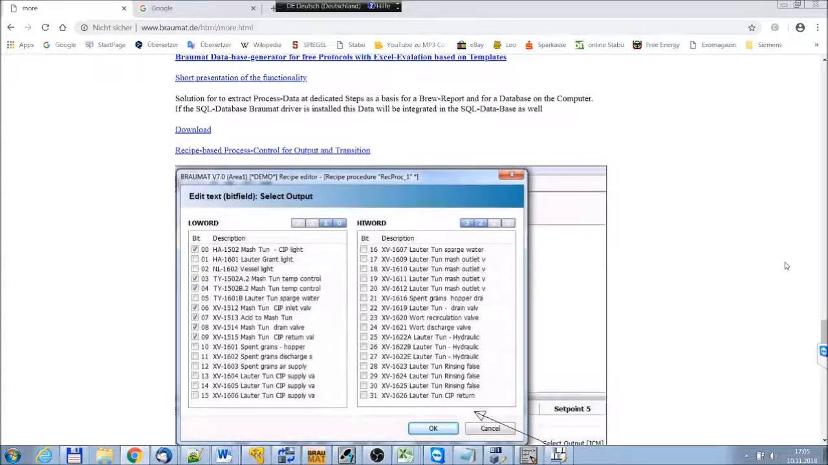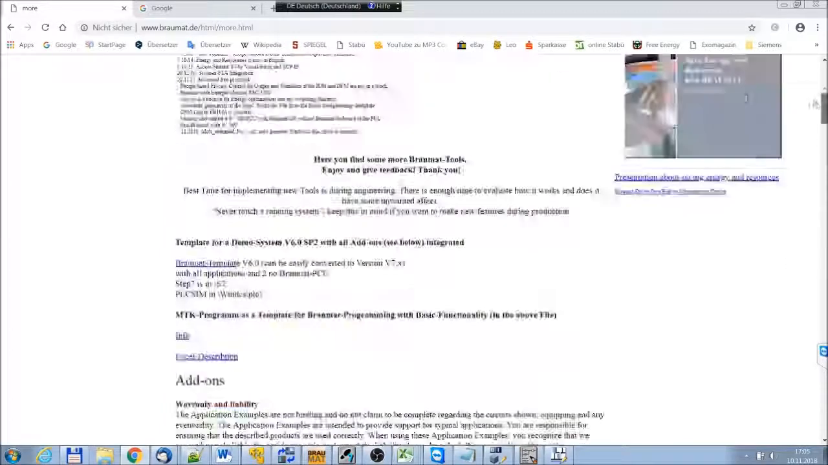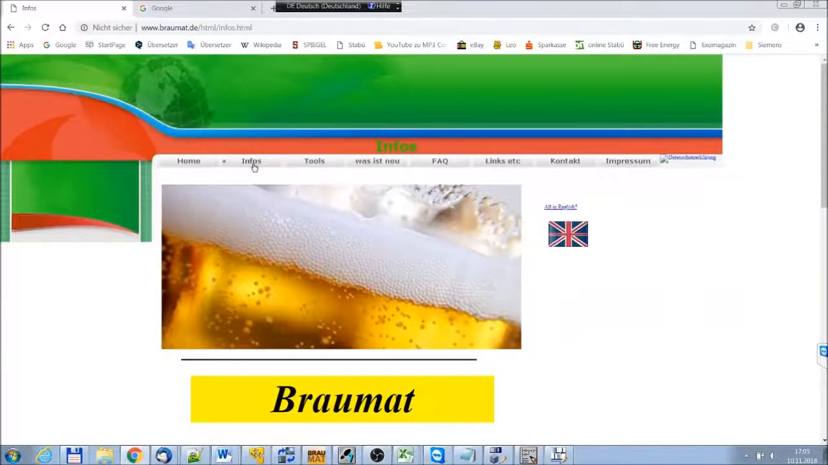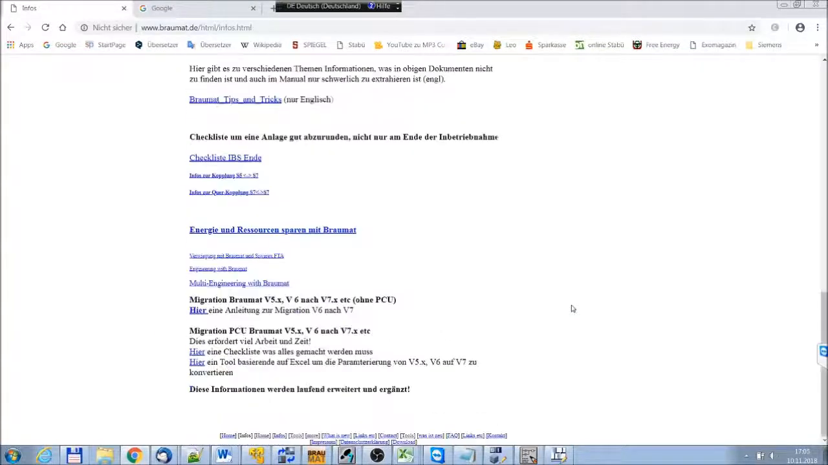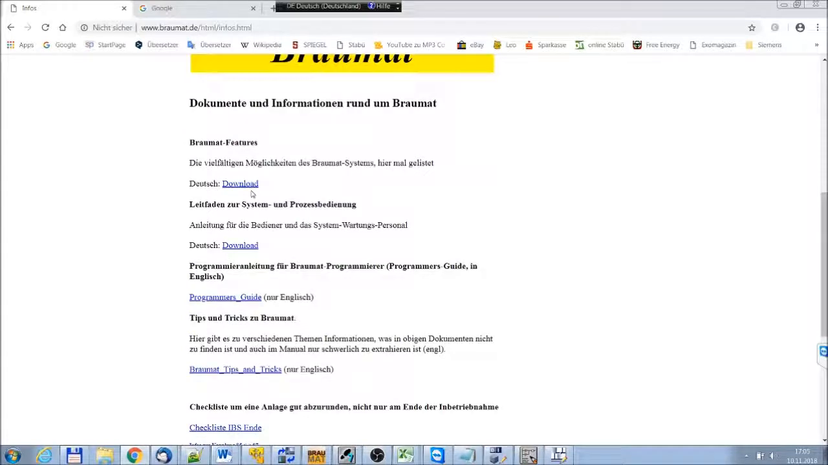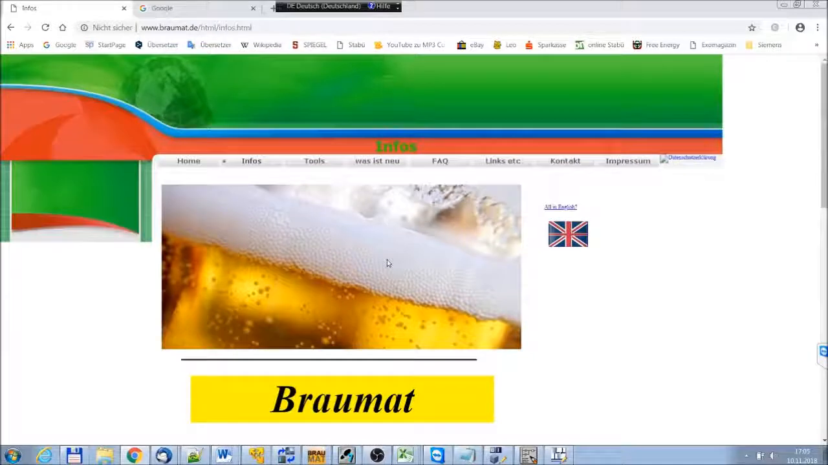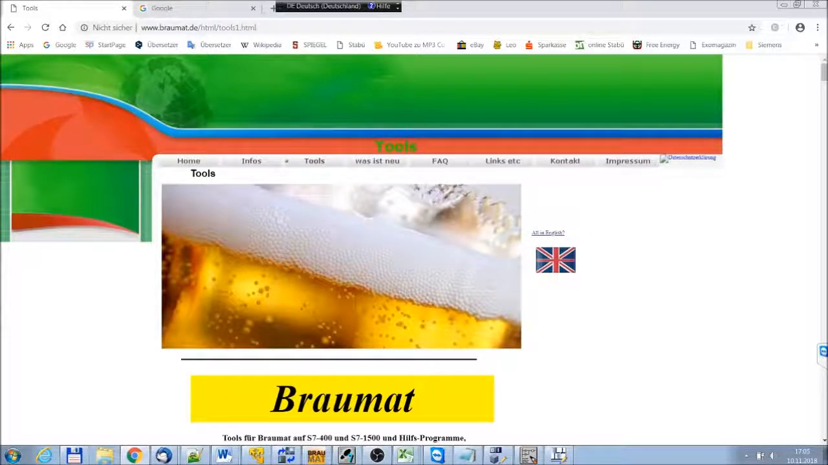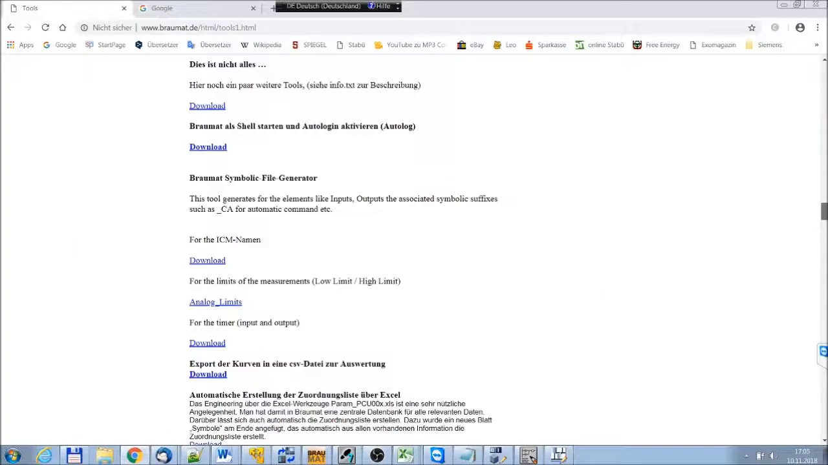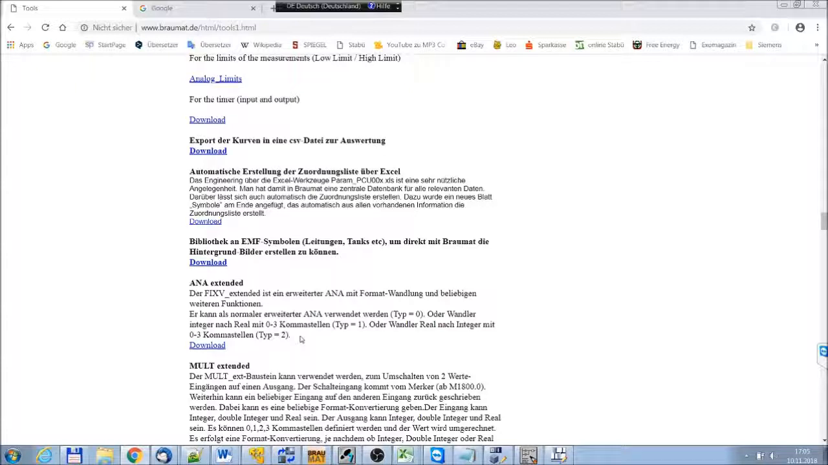www.braumat.de, tools, and also you have these manuals, the programmer's guide, operator manual. Also you find this one in here online for download, for free download. The tools are open source and free of charge, but without warranty. So you should test it in the office before to be sure it's working properly before going to the client,